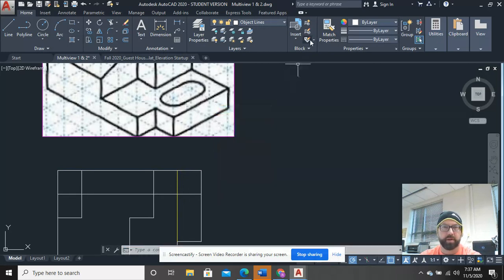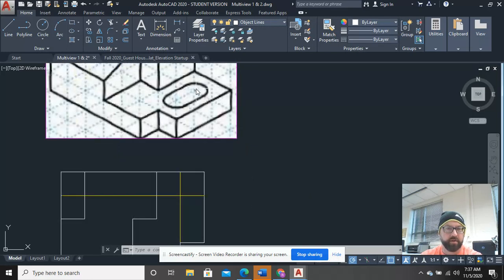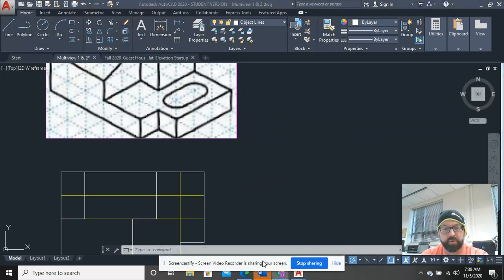And I'm going to go ahead and match properties. Click this because this is really not part of the drawing. It's just a location. I'm just using this for a location. Okay. And again, this second line is 1 inch away from the first line. So I'm going to go offset 1 inch. So this would be the location of the second circle. All right. So it might be a while since you guys have used a circle, but remember, I'm going to pull this a little bit out. When I use the circle tool,